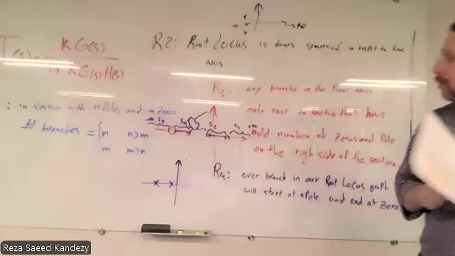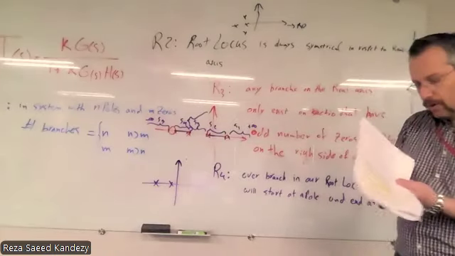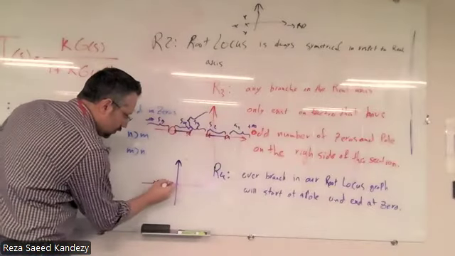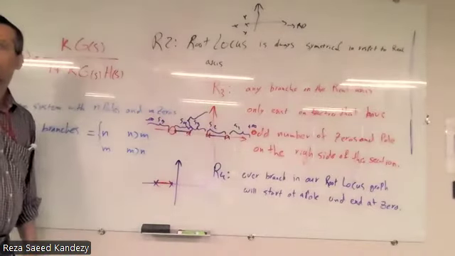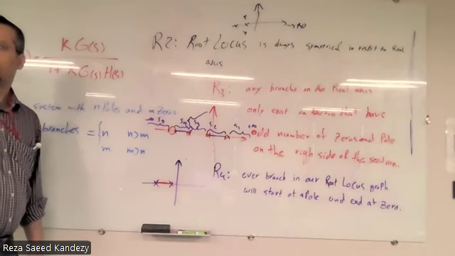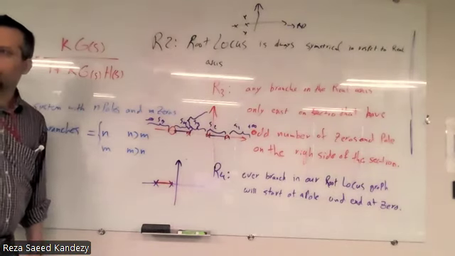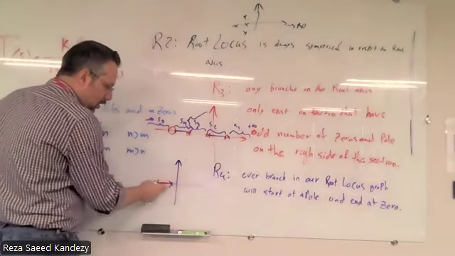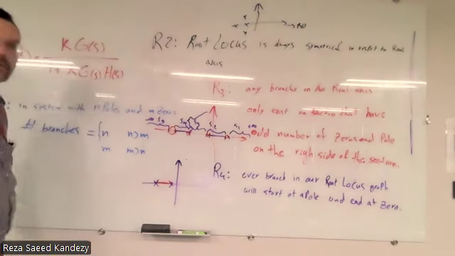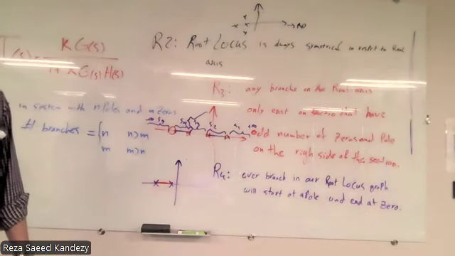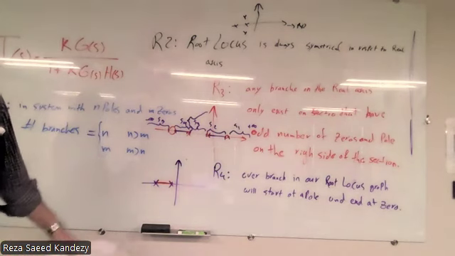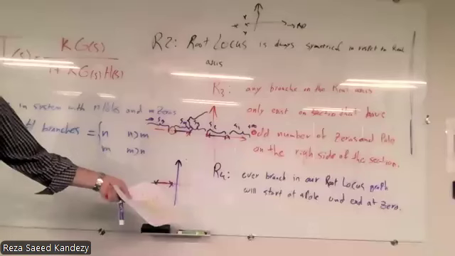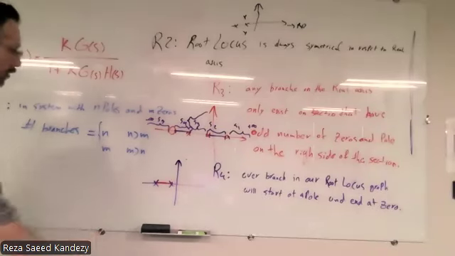Using the rule number 3, we know that this graph includes this section. Remember, odd number of poles and zeros at the right. This one doesn't have anything, so it's not included. This one is included. This one has 2 on the right, so it's not included. If we don't have any zeros, okay, that means